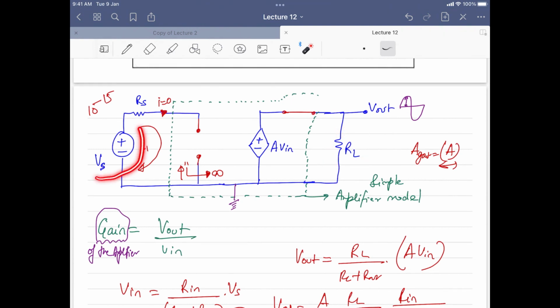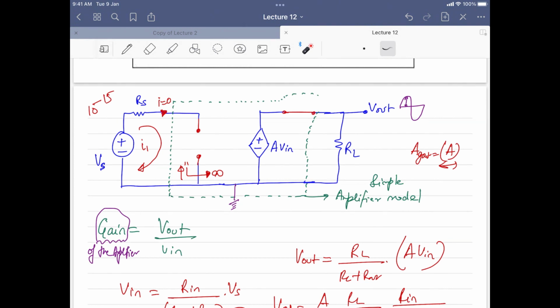And for this voltage source, the same thing goes with the microphone also. If you have a microphone from where you are speaking, you cannot go inside and tweak this resistance yourself, because it's encapsulated in that microphone. So you cannot change it. So that's why this is also not in your hand.